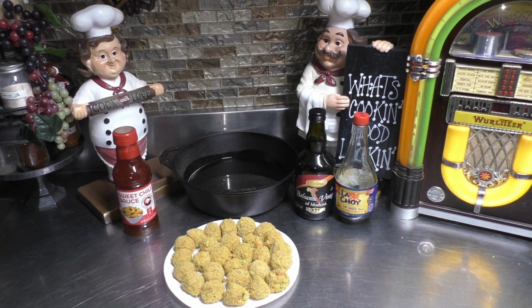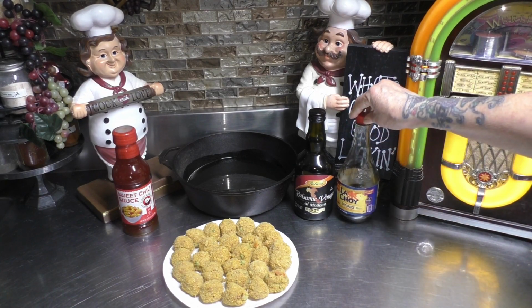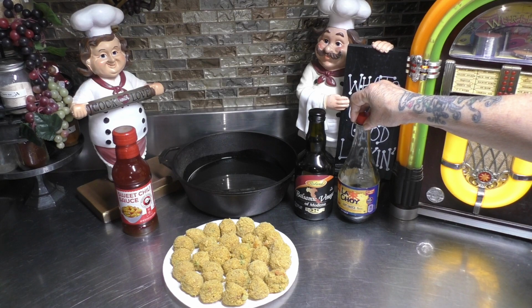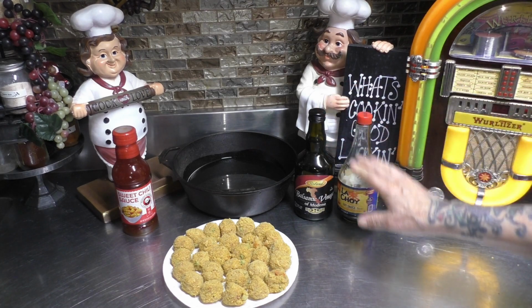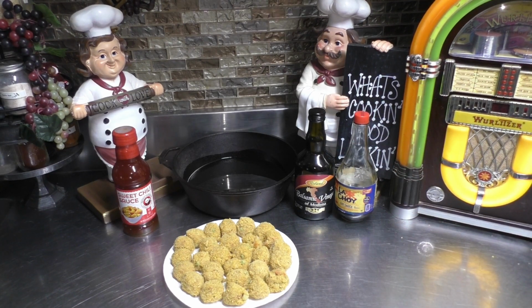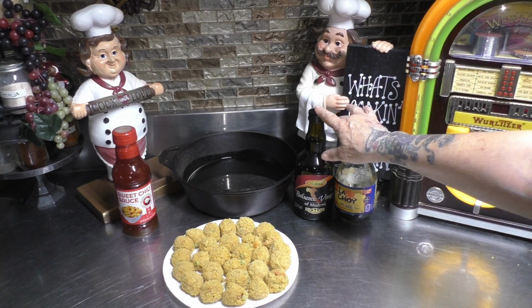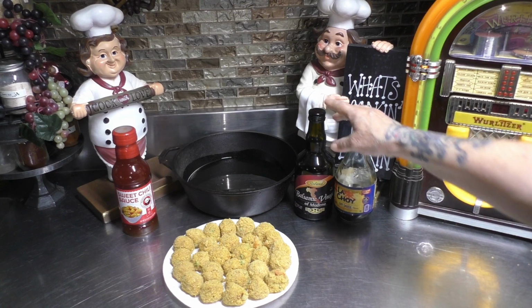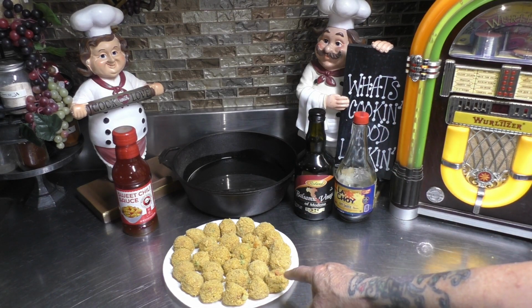And when I say making our own, you would need 1/4 cup of soy sauce and 4 tablespoons balsamic vinegar. Mix that all up. You decide which way you're gonna go. If you want to have the traditional dipping sauce that goes with these deep fried rice balls, or what some people know as arancini, or you can dip the deep fried rice balls into